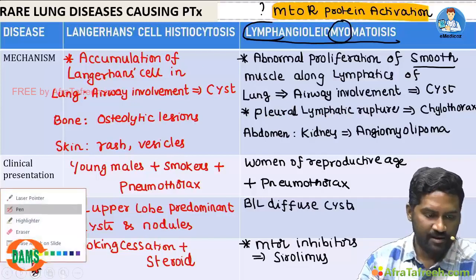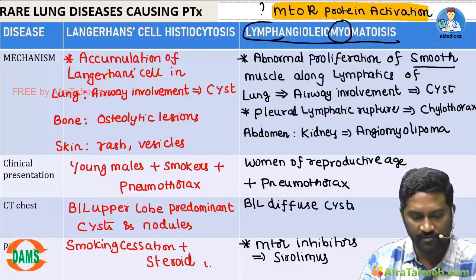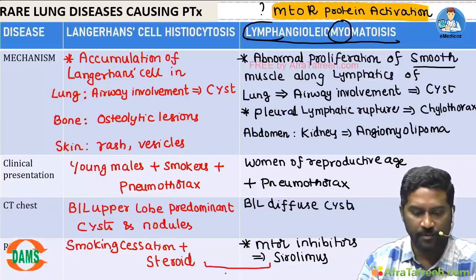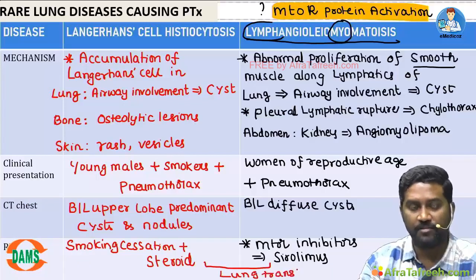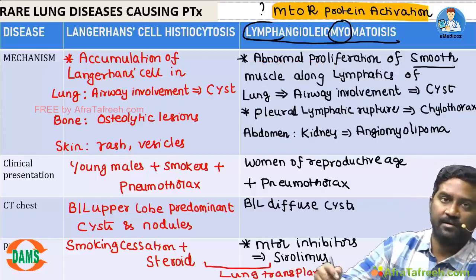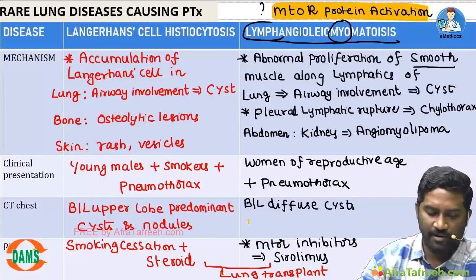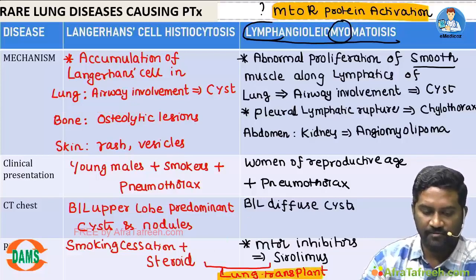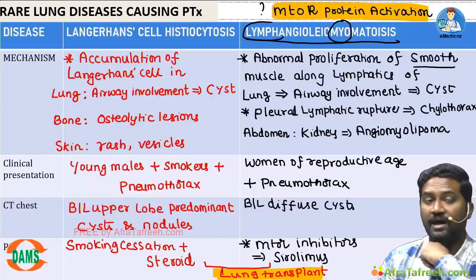And ultimately, for Langerhans cell histiocytosis and lymphangioleiomyomatosis, if they are progressing, they might require a lung transplant. Ultimate treatment will be a lung transplant for both. We can give mTOR inhibitors such as sirolimus, but when they progress, the ultimate option available is a lung transplant. This is regarding the differences between LCH, Langerhans cell histiocytosis, and LAM,